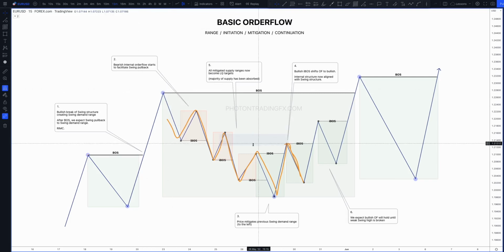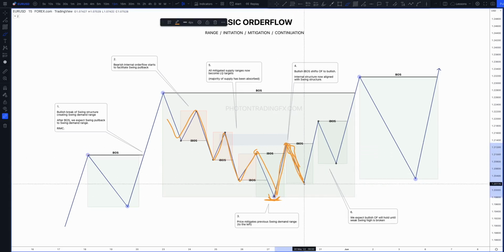But you have to understand that if the internal structure is bullish, if the order flow is now bullish, the internal order flow, especially when it's aligned with the overall bullish swing, if you're shorting from the supply, your expectation of how far that bearish move is going to go is just to facilitate that bearish internal pullback, right? We are not expecting this low to go, because this is now a strong internal low. Why is this a strong internal low? Well, because it took out the high, and now we expect this to be just a pullback to mitigate some